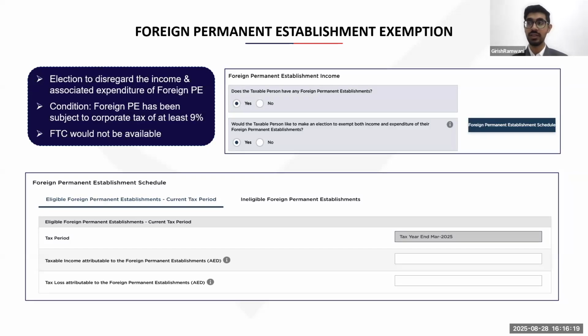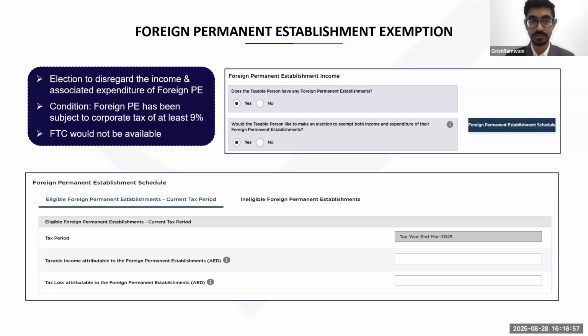Basically, if you have any operations outside the UAE, which is a foreign PE that constitutes your permanent establishment outside the UAE, then you can make an election to disregard such foreign PE's income or expenses. So, in your profit and loss or balance sheet, ideally you prepare it for the entire company, in which your foreign PE's result is also included. However, for corporate tax purposes, you can completely eliminate the results of your foreign PE. The income as well as the associated expenses, you can just exclude